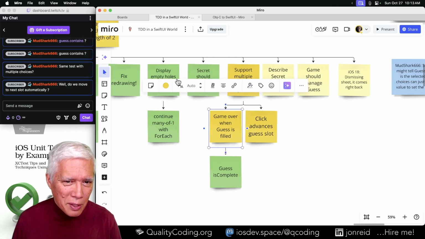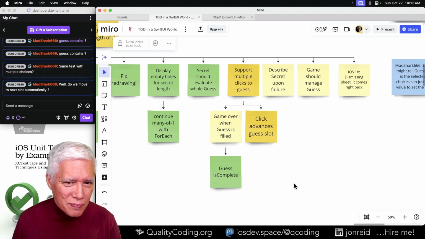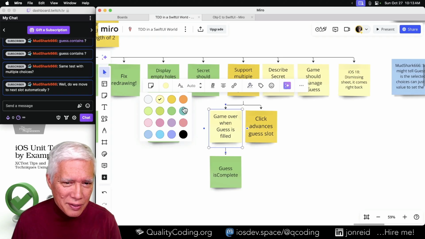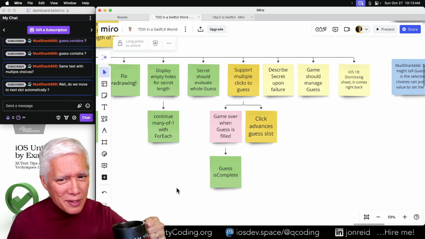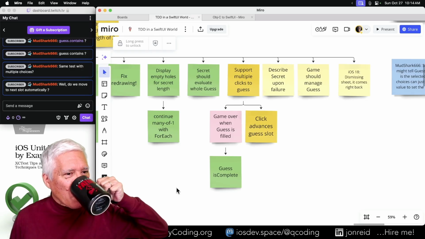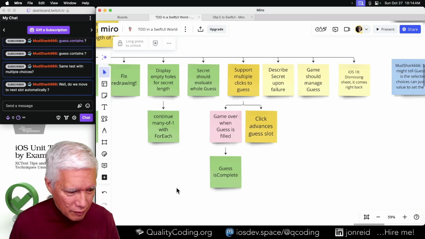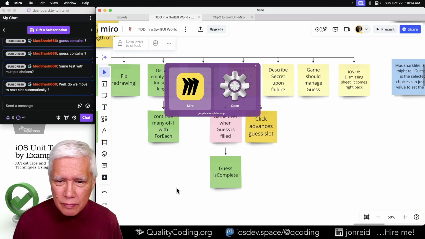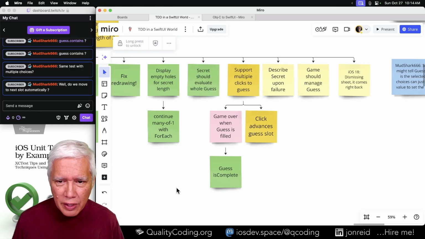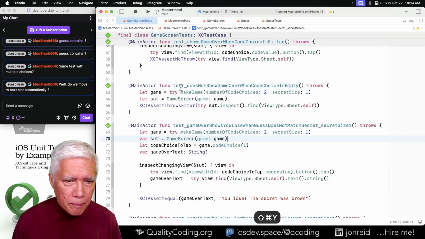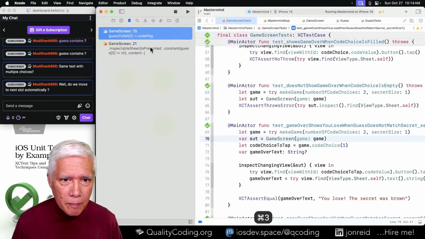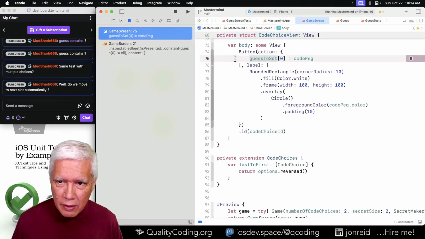Kind of let's put this on pause. I'm going to do the weird thing. Maybe I'll mark it a different color entirely. It's like that's ready to go as soon as this other thing goes. So yeah, let's advance the guess slot next. And that is here.